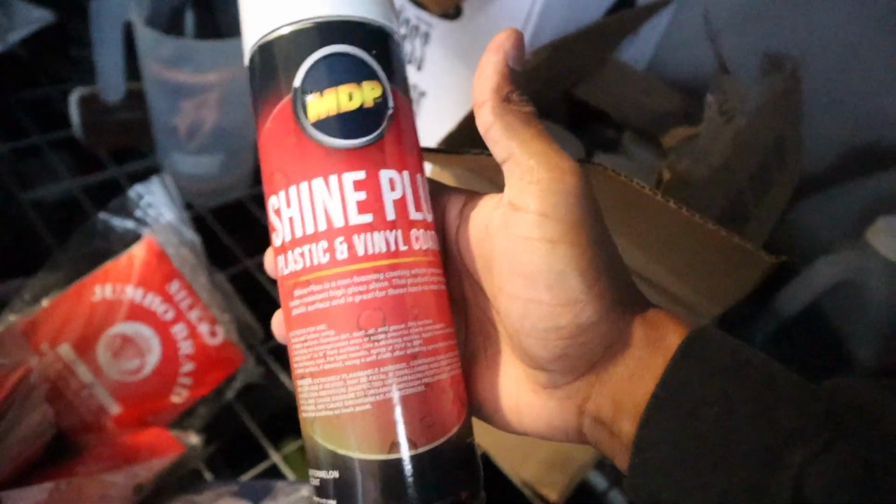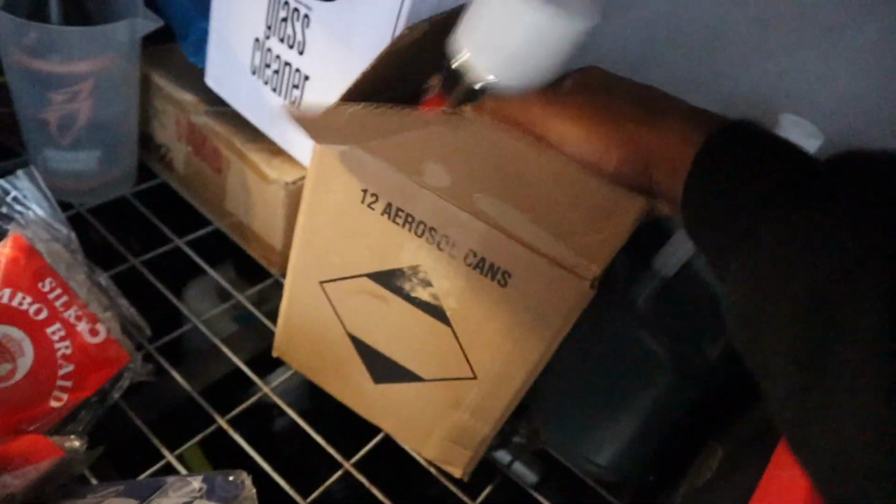So we also have some aerosol cans here, and these are what we use for like the interior cup holders and plastic trim. So I have a bunch in there, and then I have some glass cleaners in here, but I'm running low, so I need to resupply on these. And then we also have some more gallons right here,